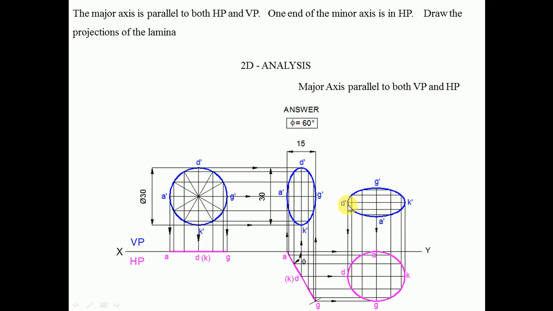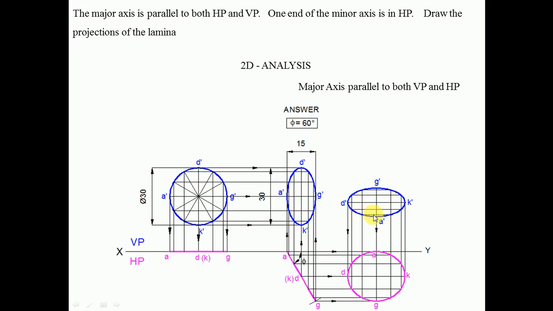Then from each point you draw perpendiculars, that is vertical lines. Then measure the length from this point to this and this point to this, both are equal, and here also it will be equal. So with the same radius, from here you cut it and from here you cut it. Similarly from here you cut it and here you cut it, or once you cut this you draw a perpendicular to this line, and once you cut this you draw a perpendicular to this line. So you are going to get 4 points. Similarly measure the length from this point to this point, and from here you cut it on this, and also from here you cut it on this. You are going to get these 2 points.